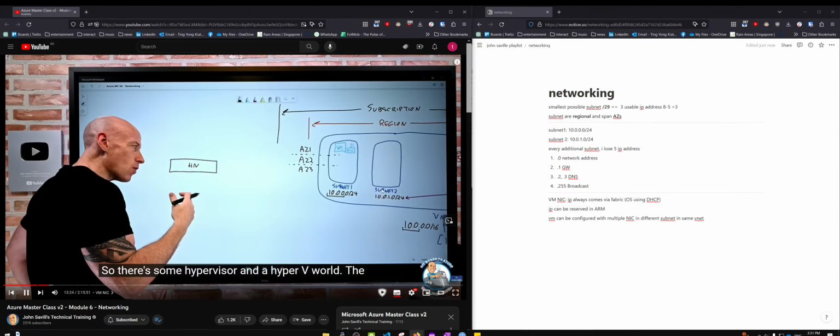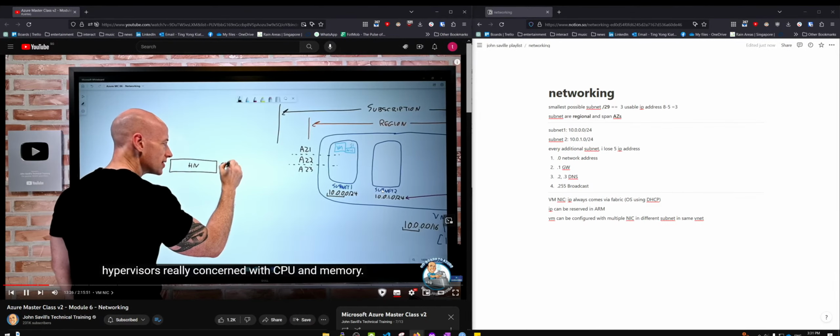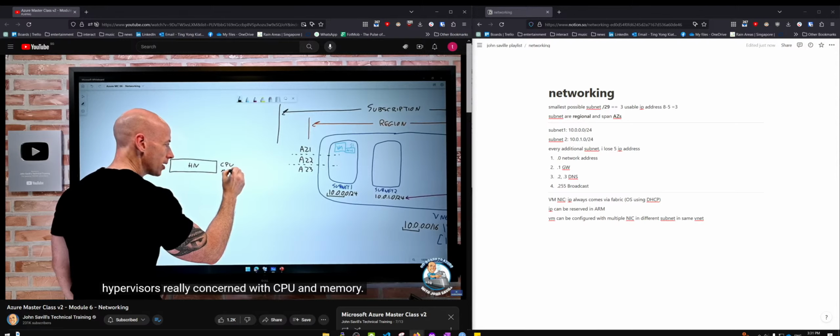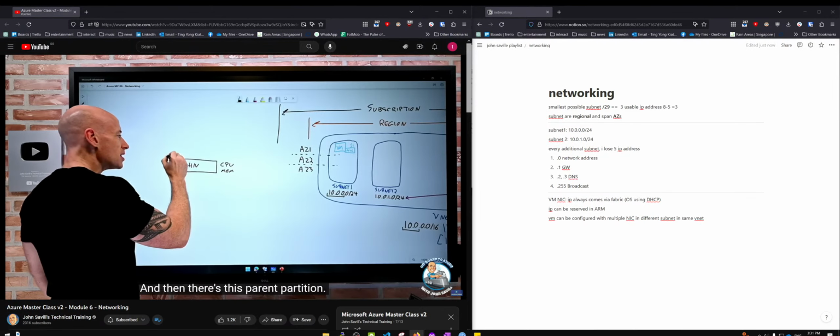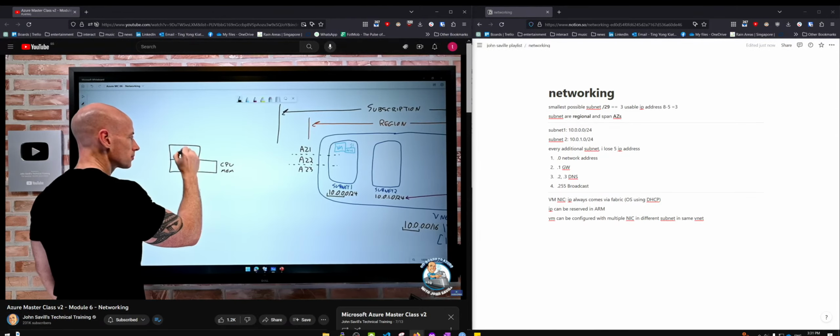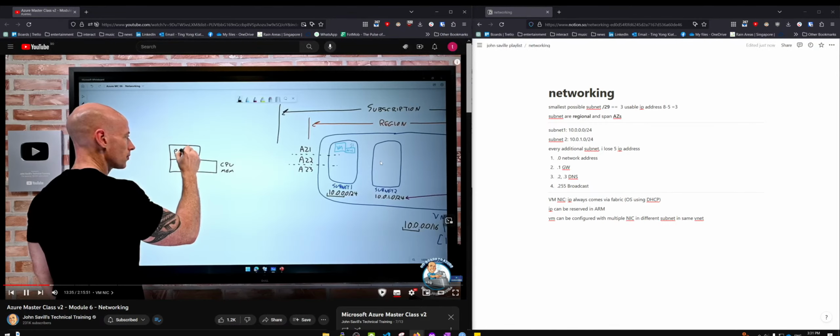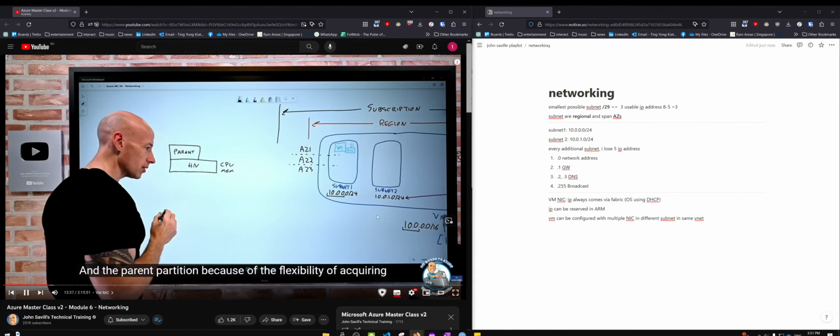In a Hyper-V world, the hypervisor is really concerned with CPU and memory. And then there's this parent partition. And the parent partition, because of